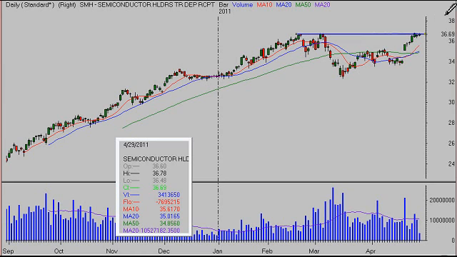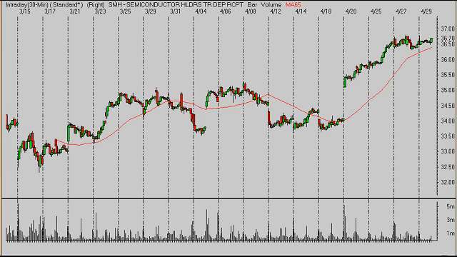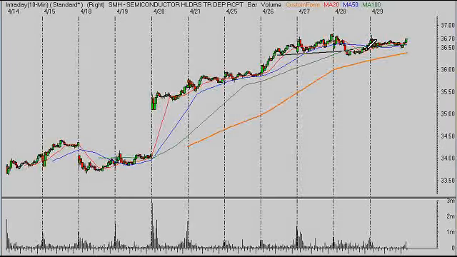Now, when we look at the semiconductors and where these guys are, they're up to the highs for the year, and we made new highs basically. It wouldn't be unheard of or unwelcome, I think, for these semiconductors to pull back maybe towards 36 even next week, maybe just a little bit of a pullback. So if we get a little bit of a pullback in these markets, then that would be a bullish thing. But for now, we continue to see that support levels are holding, and until we break below